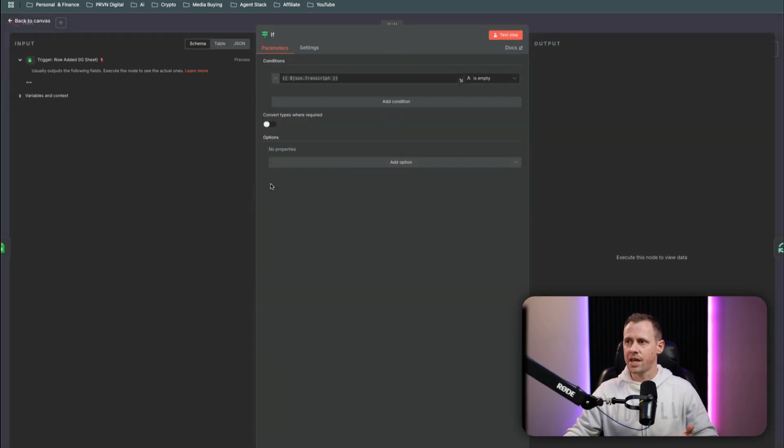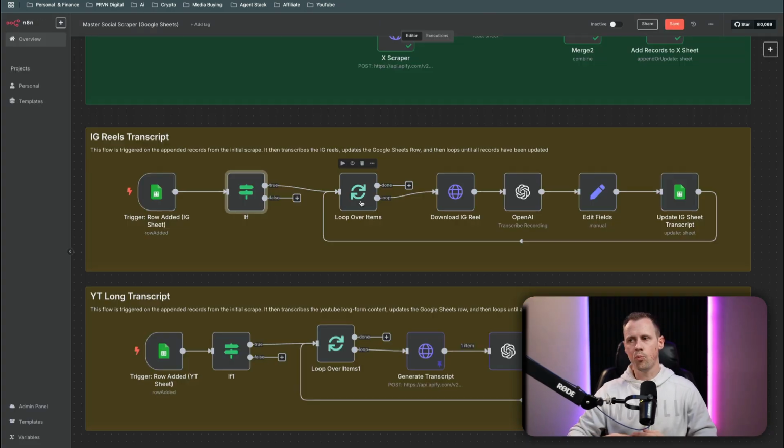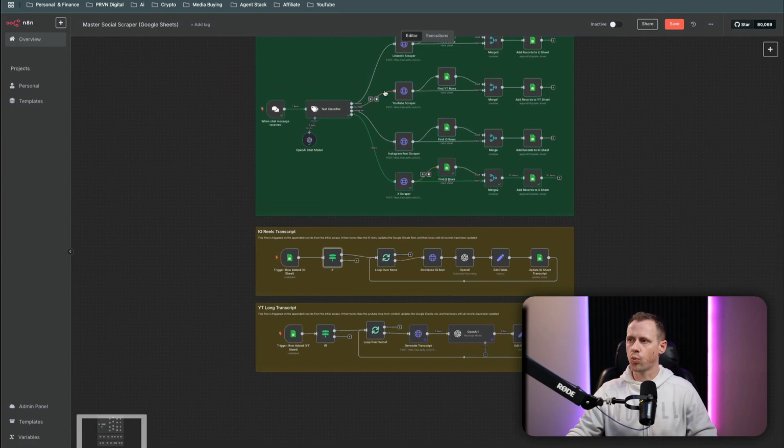Then it looks to say, okay, is the transcript column empty or is it full? And if it has content, then it says, no, it doesn't need a transcript. If the cell is empty, then it actually says, okay, continue with the workflow. Because the output from the top workflow is a bulk upload, which is multiple rows all at once, I've added